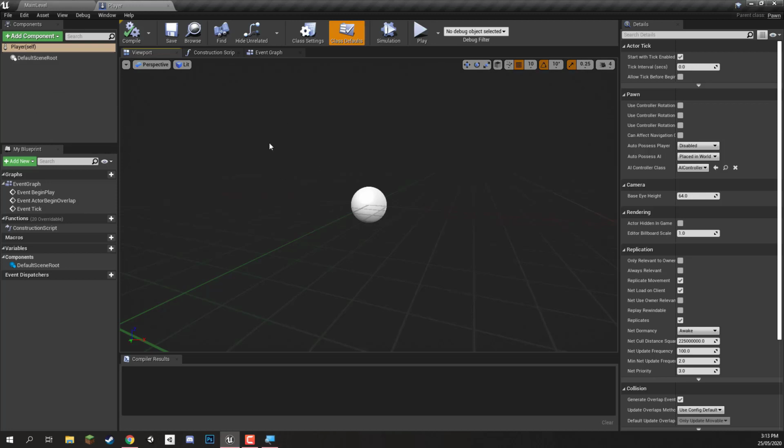We've got a viewport in the middle. So let's go over real quick what each of these things are. First of all, up in the top left, we have our components panel. And in here is where we have a list of all our different components. We have our 3D models, we have our colliders, our cameras, everything that you want the player to have will